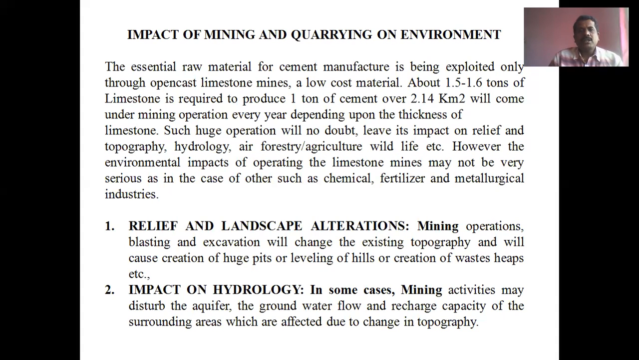The essential raw material for cement manufacture is being exploited only through open cast limestone mines. We have different types of mining activities, open cast mines as well as underground mines. Here we are talking about limestone, that is, open cast limestone mines, a low cost material. About 1.5 to 1.6 tons of limestone is required to produce 1 ton of cement. Over 2.14 km square will undergo mining operations every year,